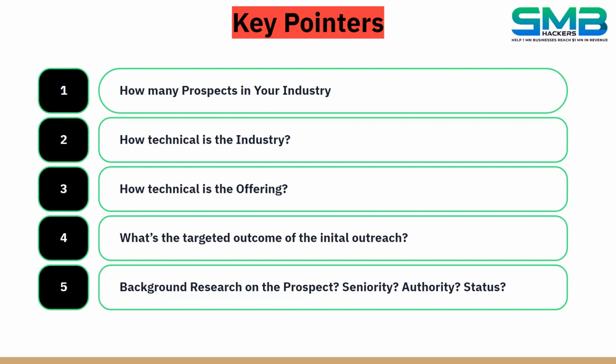That is why it becomes extremely important to get a clear picture of how the initial outreach would look. Assuming you're meeting with a friend, would you be more willing to work with your friend or with a complete stranger who's put in your PDF or who's randomly pushing the service onto you? You would obviously prefer working with your friend. That's the natural state. So the idea is you need to first build that relationship capital with them, get that